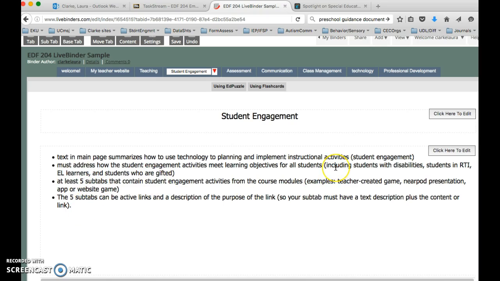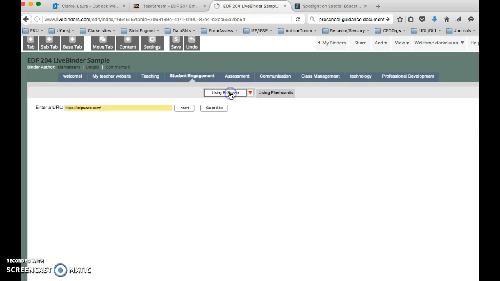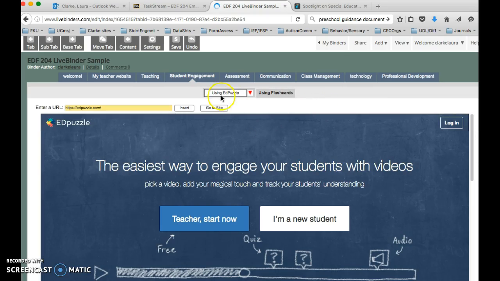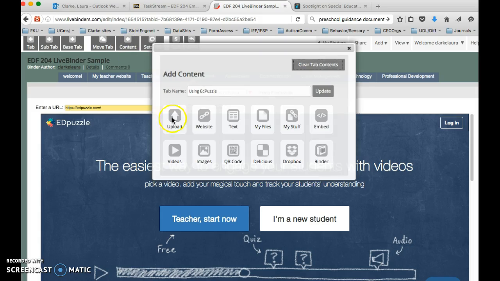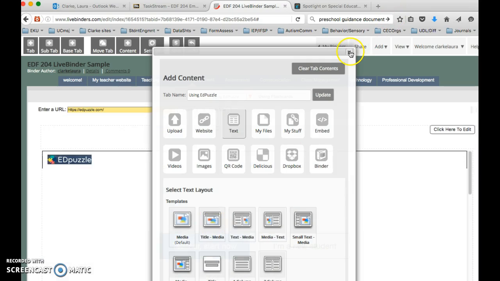You also have to include information to support students with disabilities, students who are in RTI, EL learners, and students who are gifted. You can do this in a variety of ways. I can go into one of my tabs, maybe say using Edpuzzle, and if I change my tab content right now, the sub-tab is just a website. But if I go up here into text and change this, so either it's text and media, or it's a title and media, and maybe I just want to do a title and media, then what's going to happen is